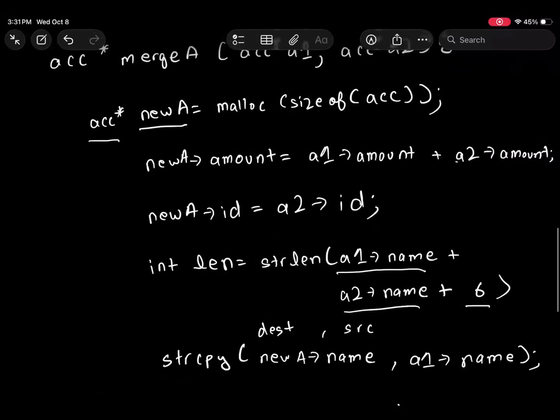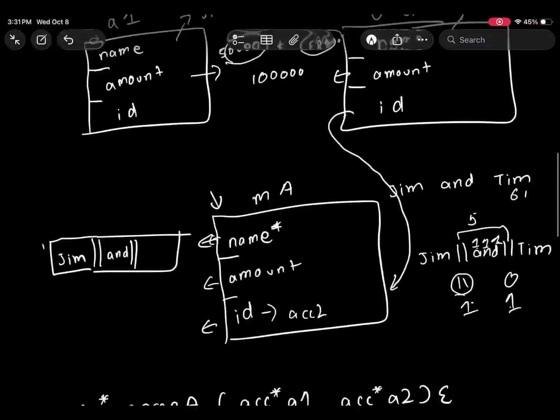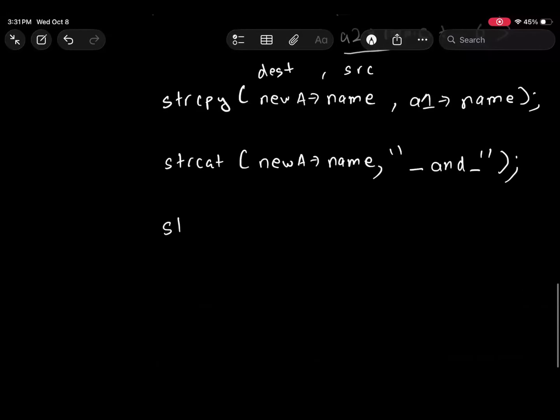Now I want to copy Tim, which is the name of account number two. So again I call string cat, where the destination is new a arrow name,